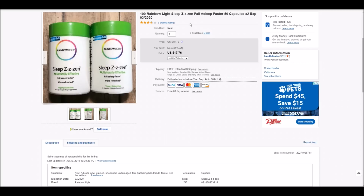But then you do have those repeat buyers, which is one of the things I love about consumables. You have the repeat buyers of the people that use this product regularly, and so they come and buy it because they know that it works. It's not necessarily somebody looking to try out a new product. So, just because a product rating doesn't seem very favorable for your product, still go ahead and put the UPC